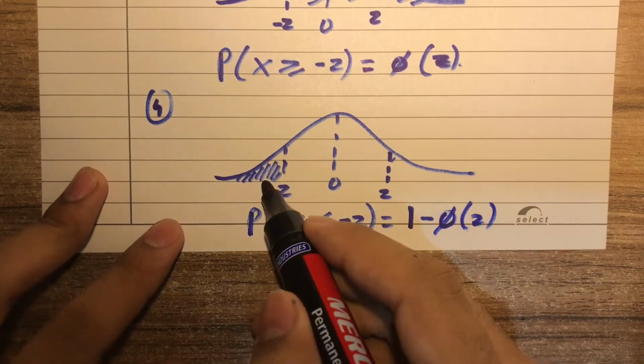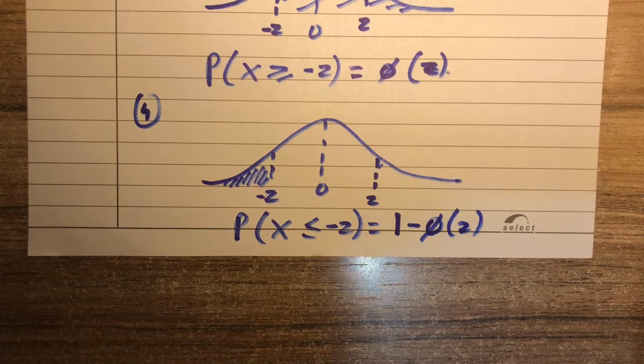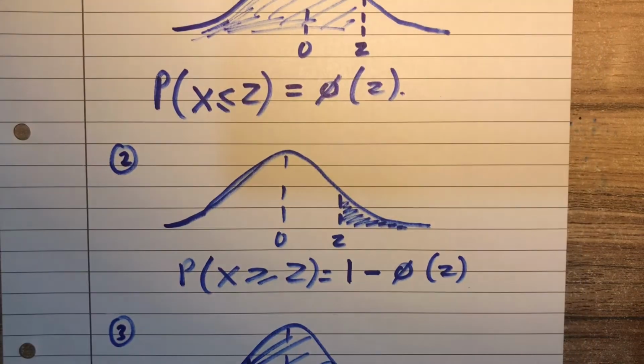So this will give me this region because it's again symmetric. So these are the first four cases. Now the fifth case is